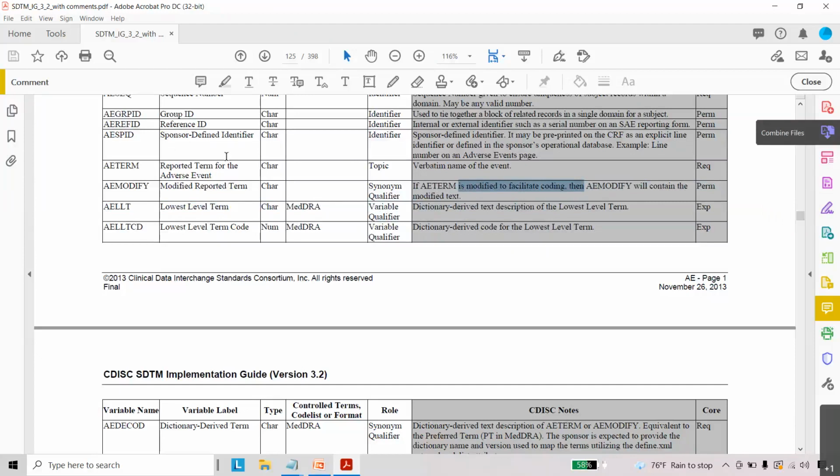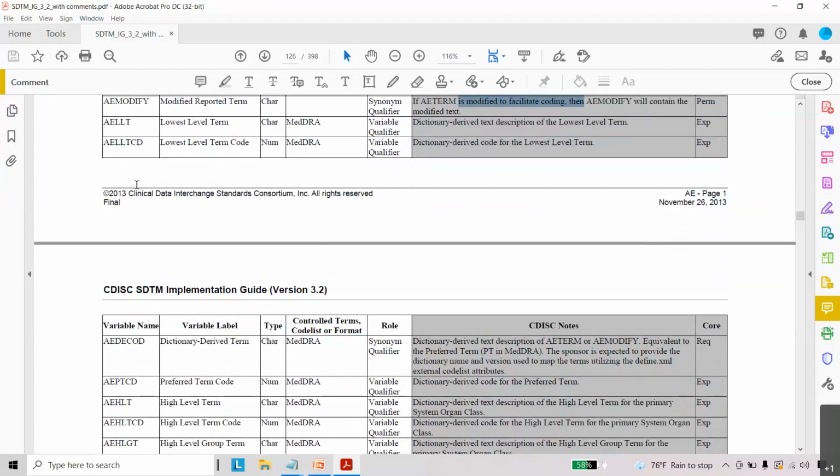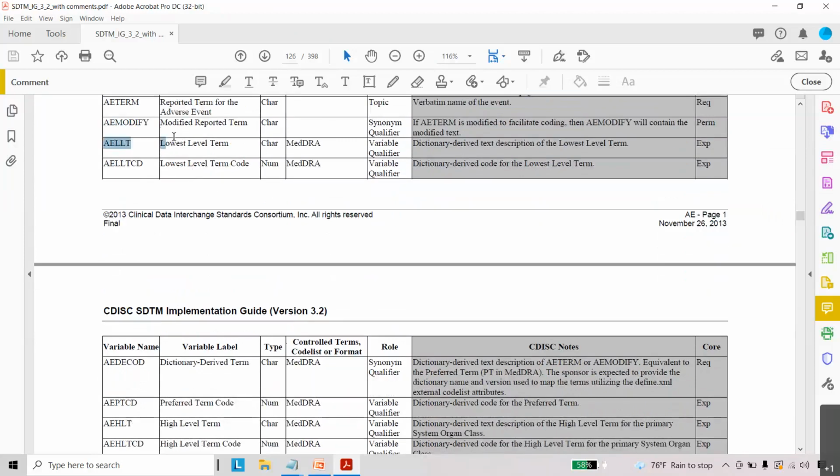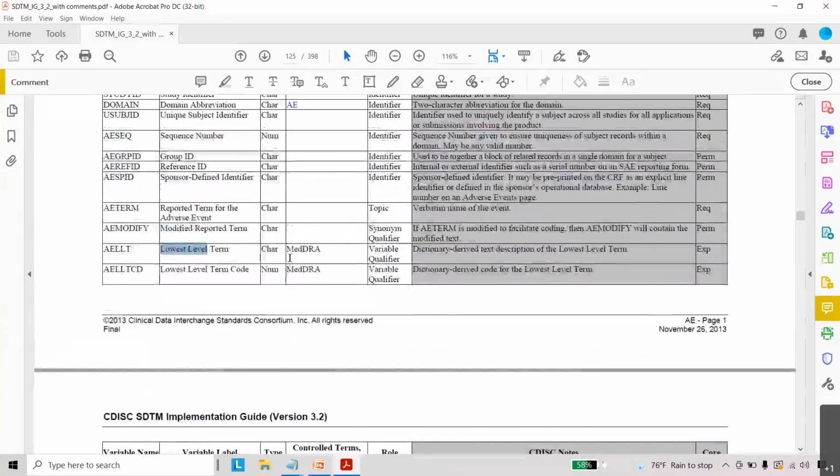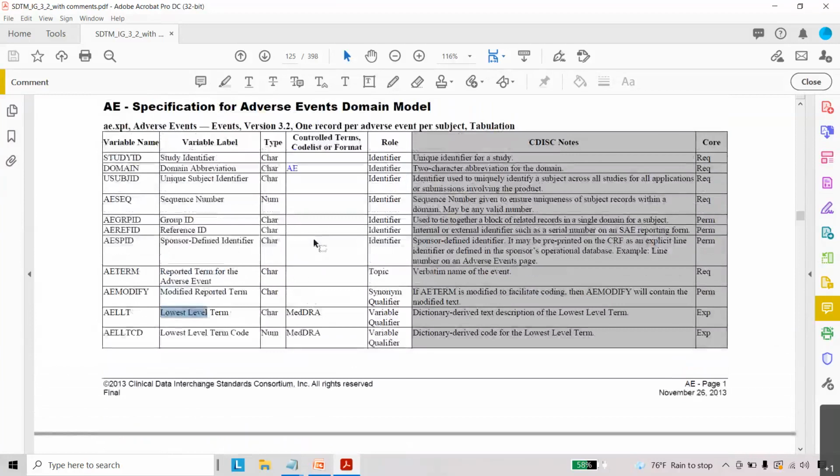Here I want to go to the next variable, called AELLT. AELLT is the lowest level term, and if you see here, the controlled terminology is MedDRA. MedDRA means Medical Dictionary for Regulatory Activities, and this is the dictionary derived text description of the lowest level term.